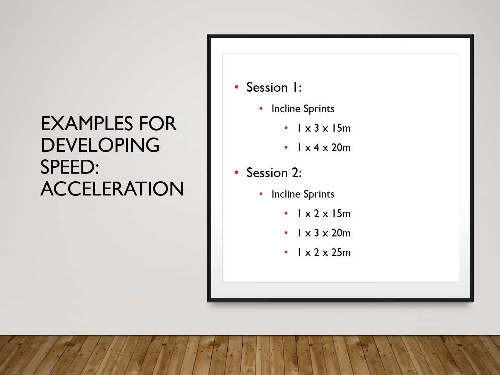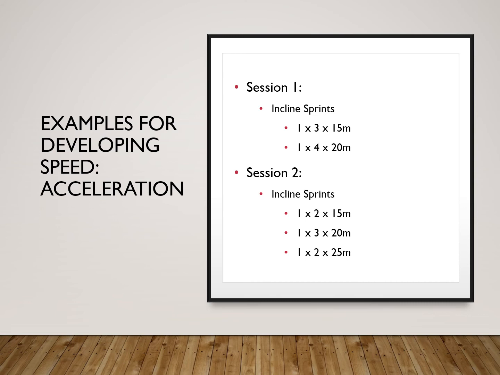So we're now just going to have a little look at some actual examples for developing the different characteristics of speed. So we can see here, if we're trying to develop acceleration, relatively low overall volumes. Only one set of 3, one set of 4, 15 and 20 meters. Obviously, if we're developing acceleration, then we know that the acceleration phase for any run is probably up to a maximum of about 30 meters, depending on the level of the individual, obviously. So we would be using relatively short distances to develop acceleration, relatively low overall volumes, and might also incorporate